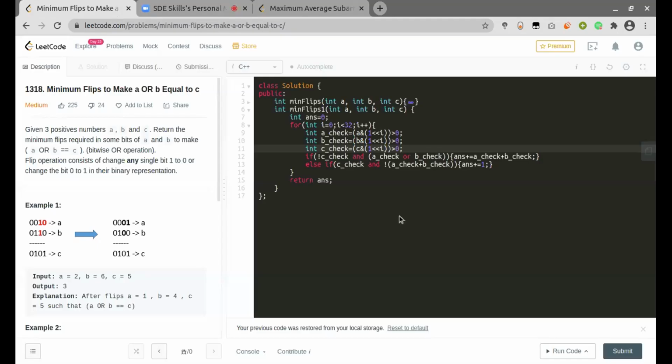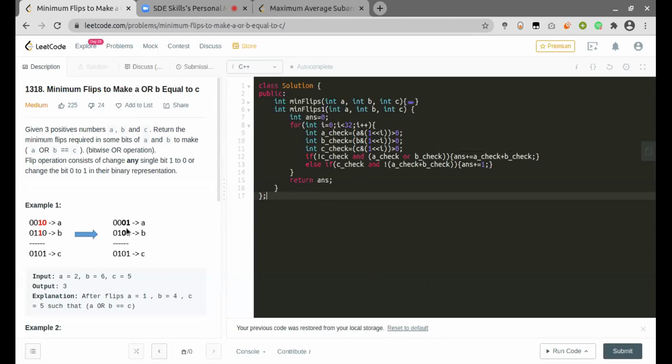So we have only 0 to 32 bits to check from. What we can do is, at each instant, first raise a number to the power of the bit number, and then AND it with the given value. When we AND it with the given value, we can tell if that particular bit is set, which is what we need at each of the iterations in all three numbers.